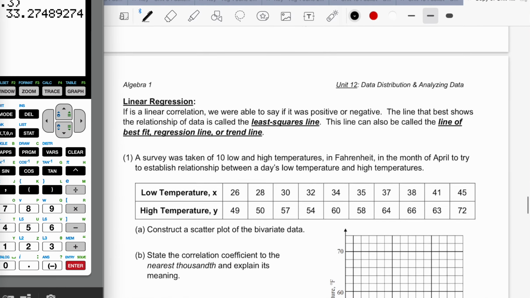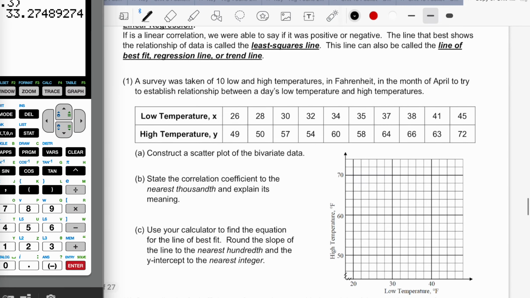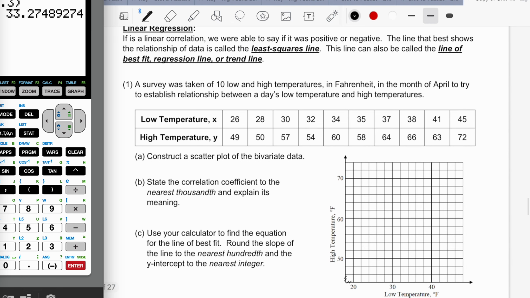So what we're going to do is use a graphing calculator. I don't even know what I hit there. We're going to use a graphing calculator to come up with those linear regression equations. We're also going to come up with the correlation coefficient. All right, correlation coefficient, again, is the number that tells you the strength of the linear relationship, and the linear equation that emerges from that is known as the linear regression equation, or line of best fit, or the trend line. So in our calculators,